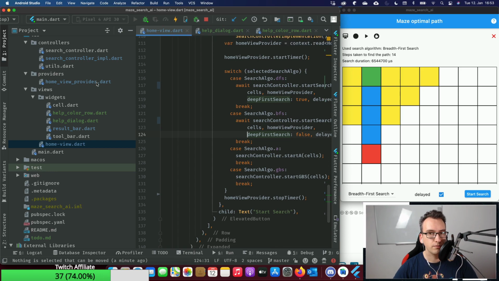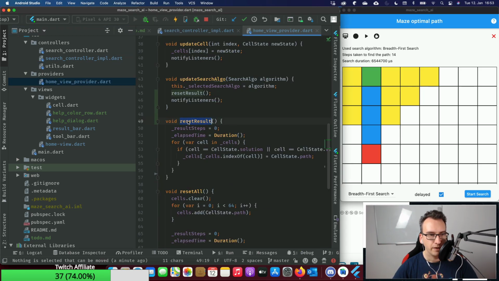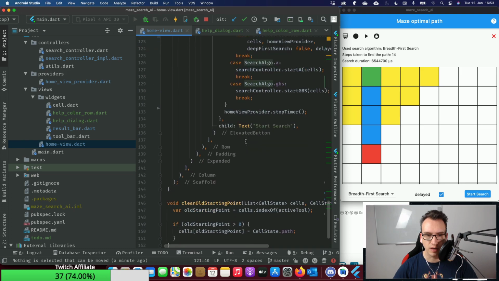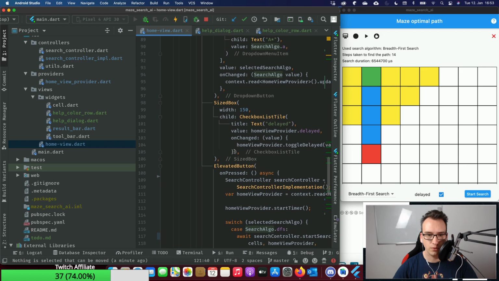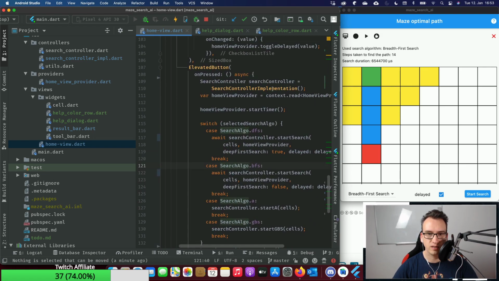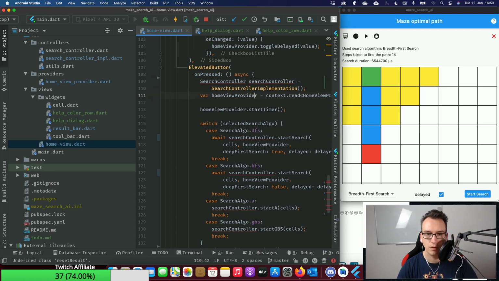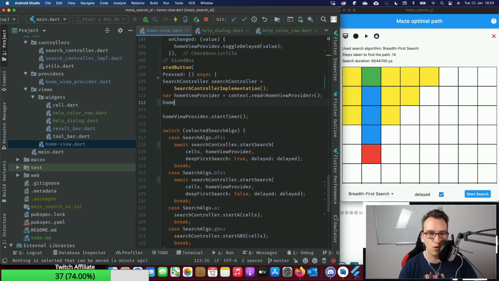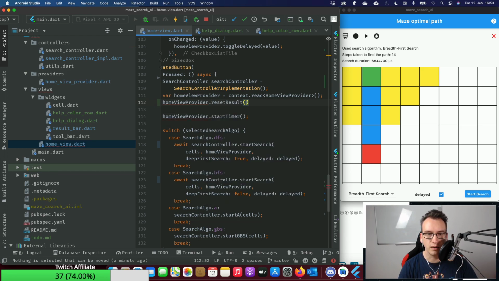Reset paths. Is it only the paths is the question, because we don't only reset the paths, we also take account of the steps and the search, right? Shouldn't forget them. So go to the home view. Where is our button? Drop down menus, elevated button here. Before we start with the search, we clean up. So we go home view, provider, and we reset the results.